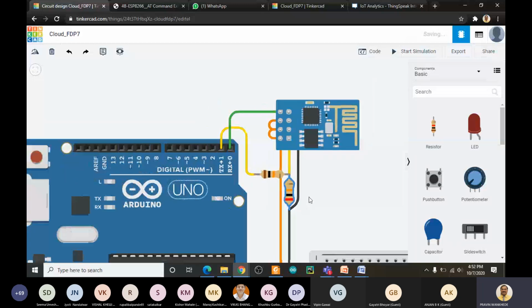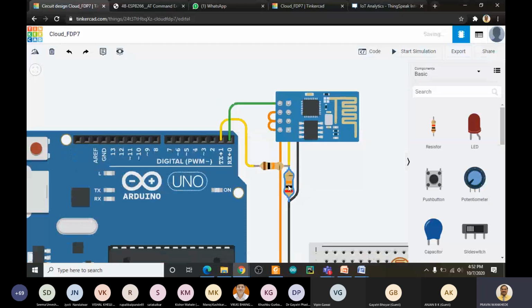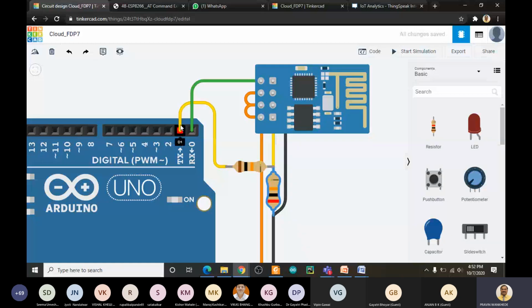This is connected to ground, so it will be 20 divided by 30 into 5, and that will be your 3.3 volts. Therefore we are applying 3.3 volts through this transmitting line. So though there is 5 volts from the transmitter line of the Arduino, at the time of receiving at the Wi-Fi module it is receiving 3.3 volts. Simply, a voltage divider is used here as a voltage level shifter.